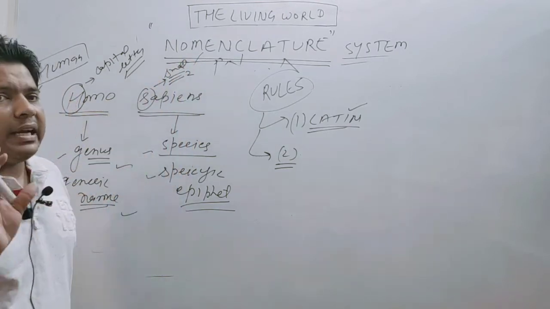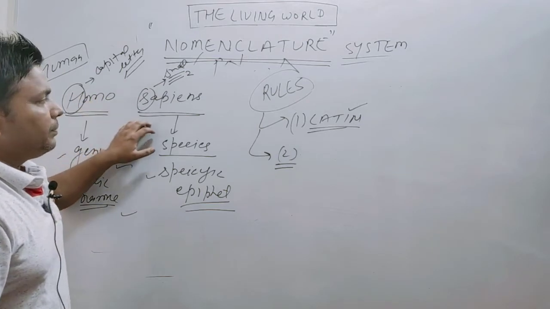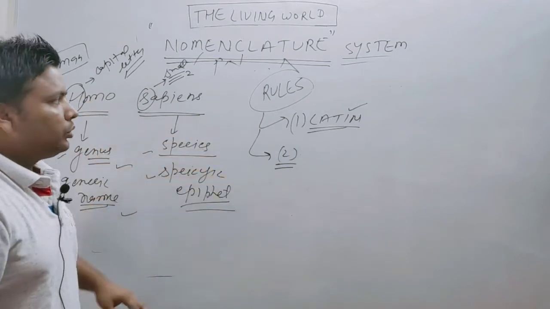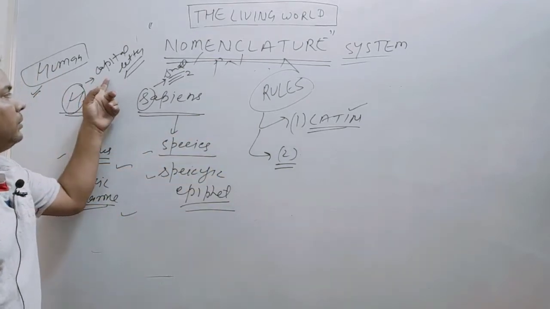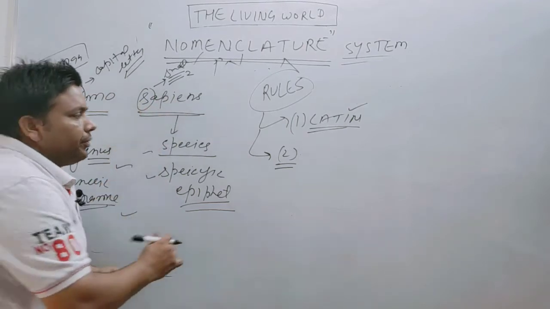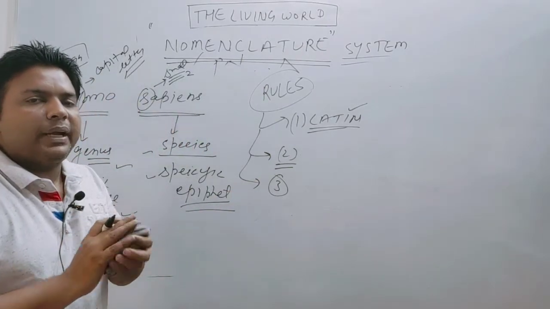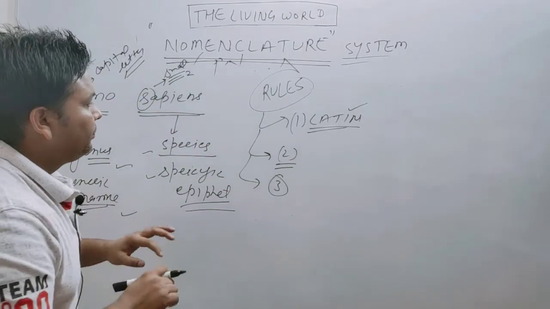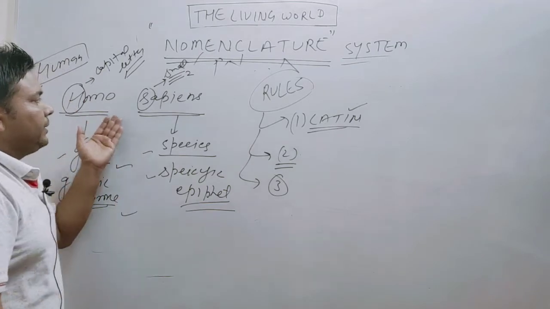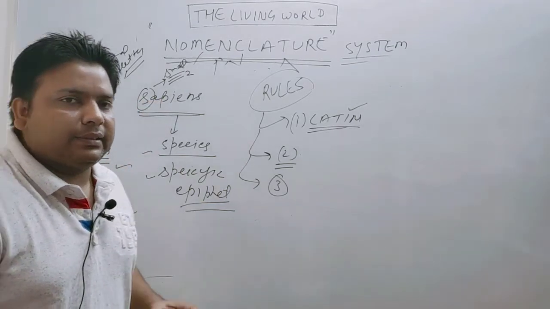ये याद रखने वाली बात है, यहां गलती नहीं होनी चाहिए. एंट्रेंस में भी क्वेश्चन आता है बेटा, होमो सैपियन. ठीक है, तो फर्स्ट लेटर कैपिटल, सेकंड वर्ड का फर्स्ट लेटर स्मॉल में होगा. और भी रूल है, और रूल ये है कि if we are typing and writing in the book, then these species will be written in the italics,